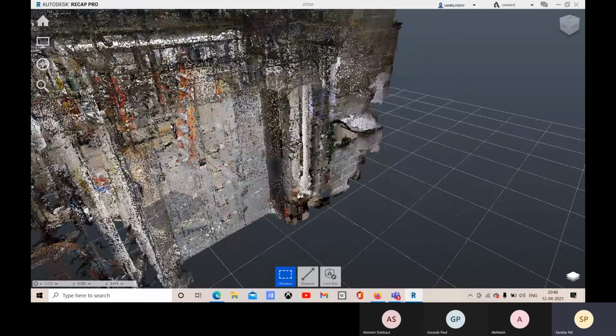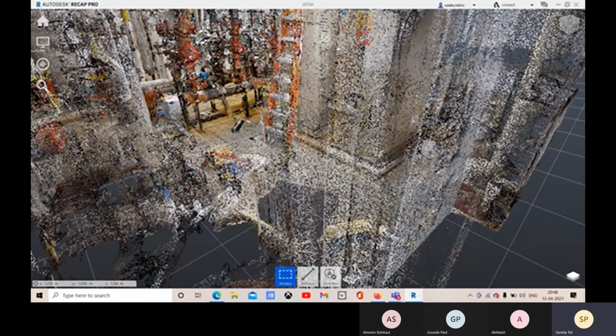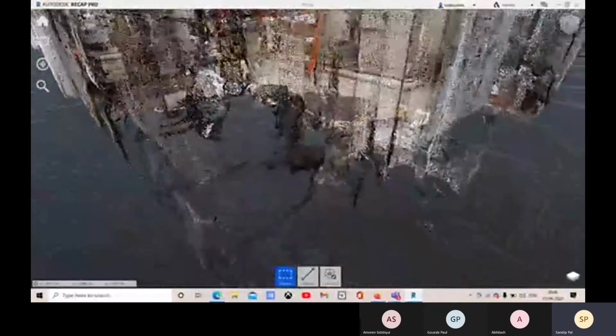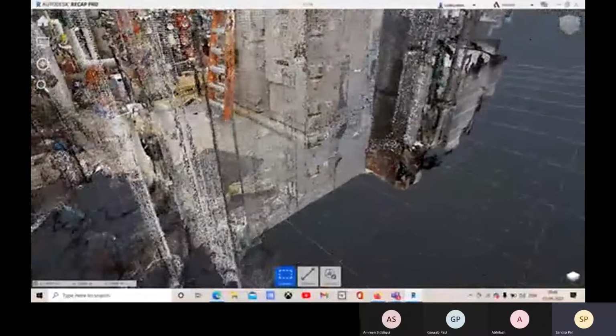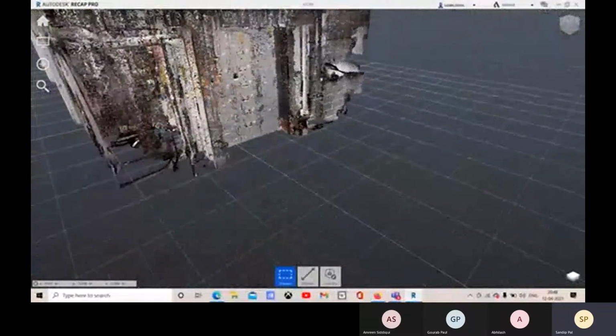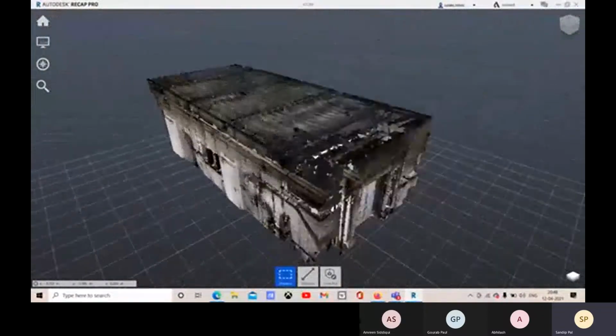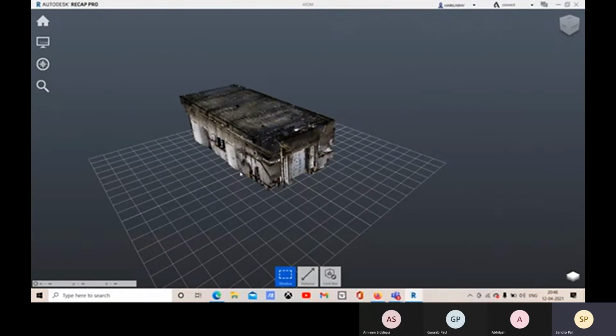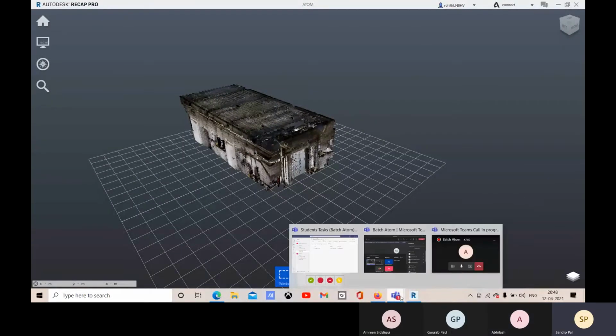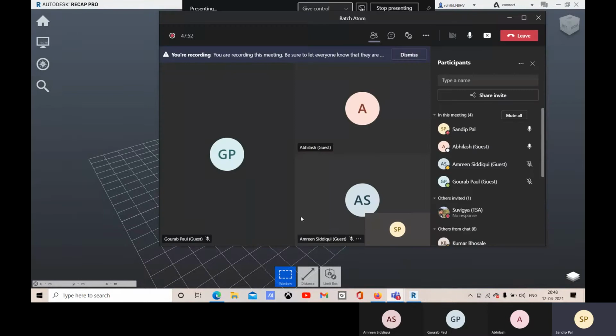This is all the points. Here you can see all this black color or any colored dots. These all are points taken by a laser scanner. This is all for today, and tomorrow at the same time I'll be taking the last part of this scanning.